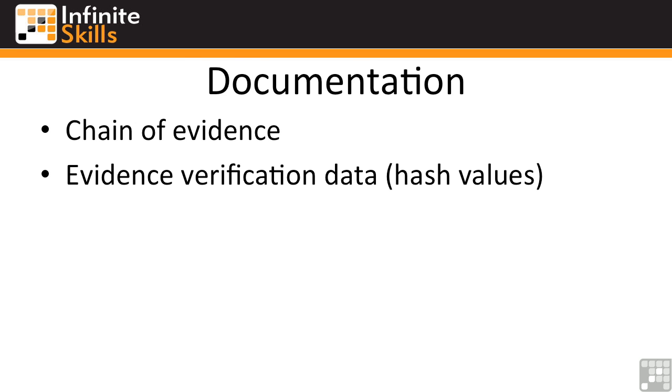Along those lines, you need to make sure that you understand what the documentation is going to look like. You need to have a chain of evidence. You need to have evidence verification data for where you do have digital pieces of evidence. So you need to have hash values. Ultimately, you need to be able to both control and document everything that has gone on with the evidence that you have acquired from the point that you acquire it to the point that you hand it off or present